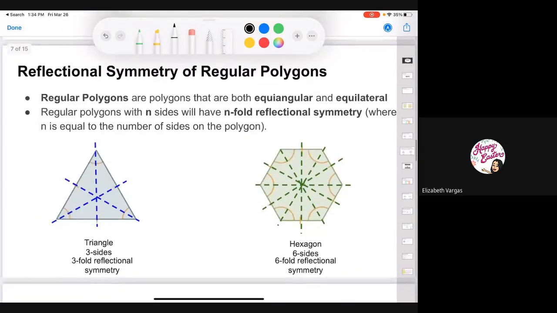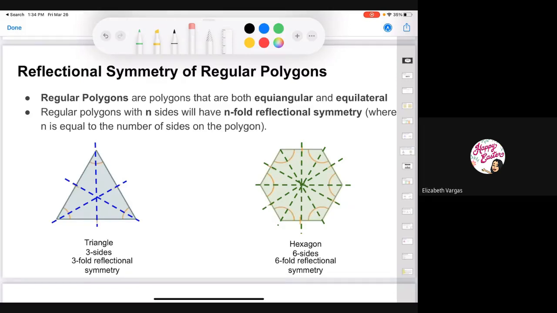Okay, and so here is the really big, really unique thing about reflectional symmetry. It's basically talking about regular polygons, and a regular polygon is a polygon that is both equiangular and equilateral. So basically all the angles are the same and all the side lengths are the same. That's what is meant by equiangular and equilateral. Equiangular is all the angles equal, and equilateral is all the sides equal. Well, the unique thing about regular polygons is that the number of reflectional symmetries is actually equal to the